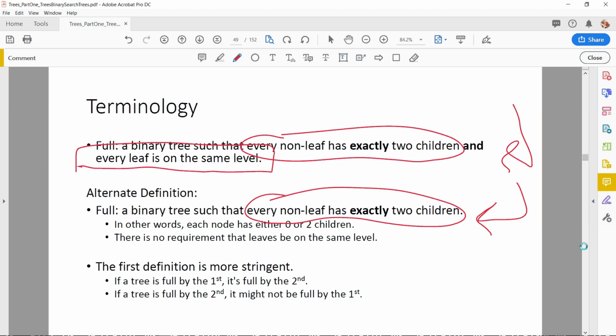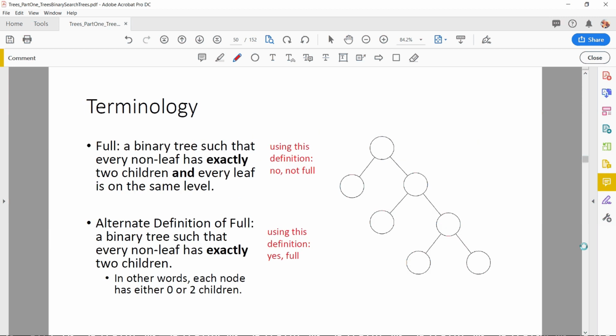If a tree is full using this definition, it may or may not be full using the first one. Now, the first one is kind of more common. You'll see that one used more often. It's also the one used in our textbook, but you will also see this alternate definition used. So if you hear someone say a full binary tree, you might need to clarify which definition of full you are using. Here is an example of a tree that is full by one definition, by the second, but not